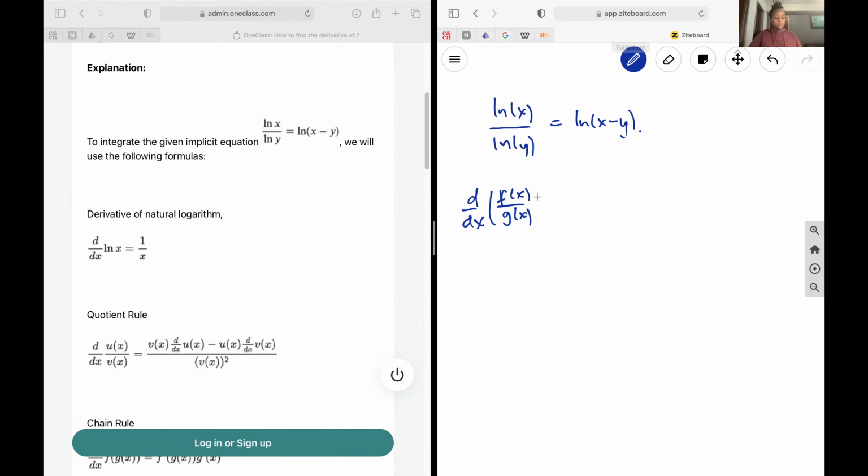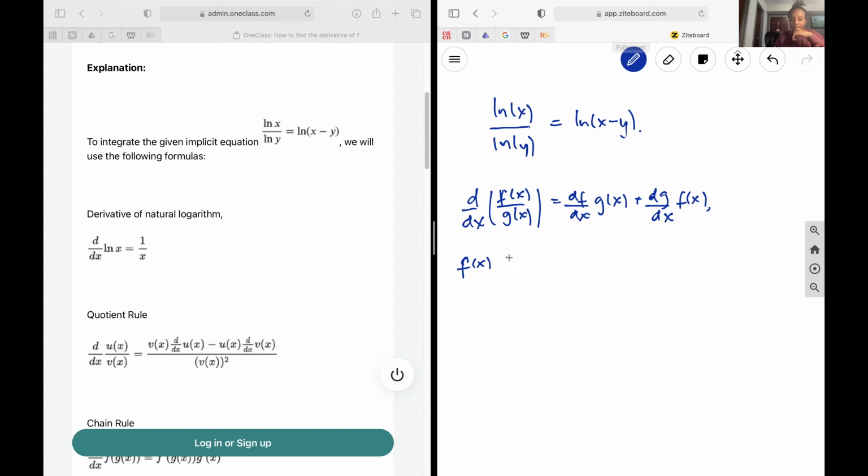So back to the quotient rule. So the derivative of f of x over g of x will be df over dx by g of x plus dg over dx by f of x. Okay, so in the case of ln x over ln y, I will have